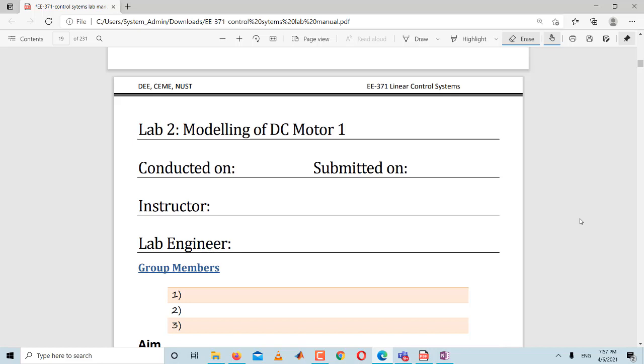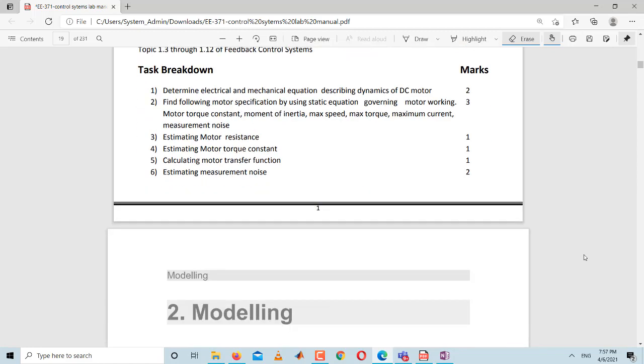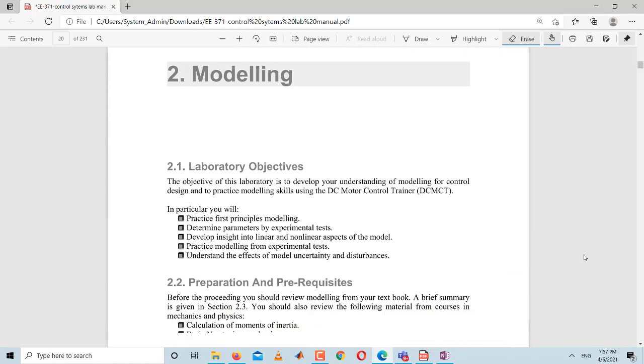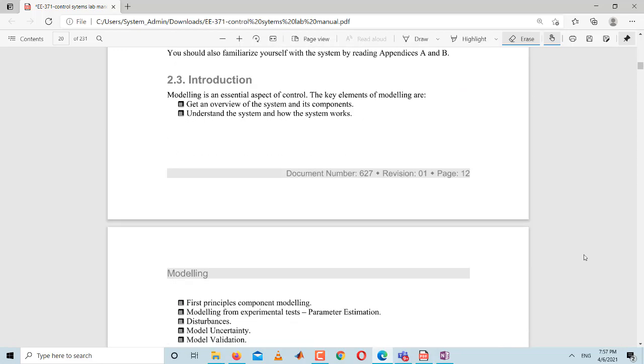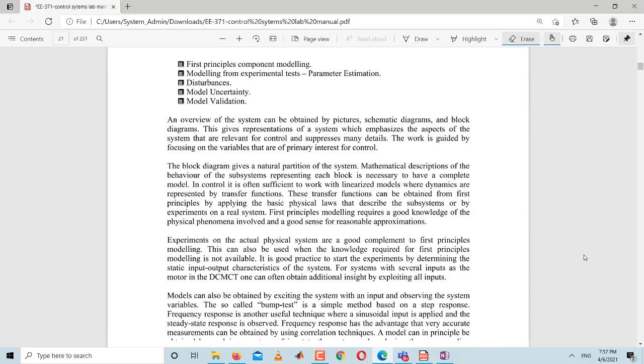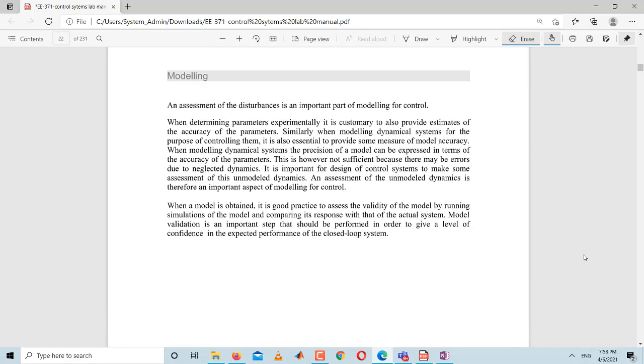In this lab we are going to work on modeling of the DC motor, and this is the first part of the task. Modeling is an extensive work, and there will be 2 labs for completion of this task. Before we go into solving the manual questions, let us have a look at a few terms and parameters which will be used repeatedly throughout the course of the lab, and we call it the nomenclature,